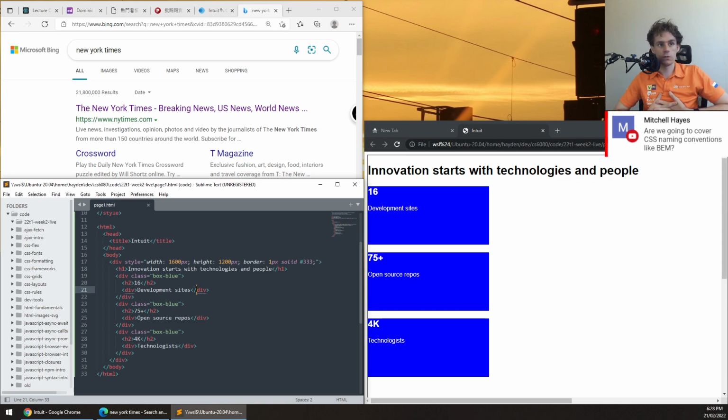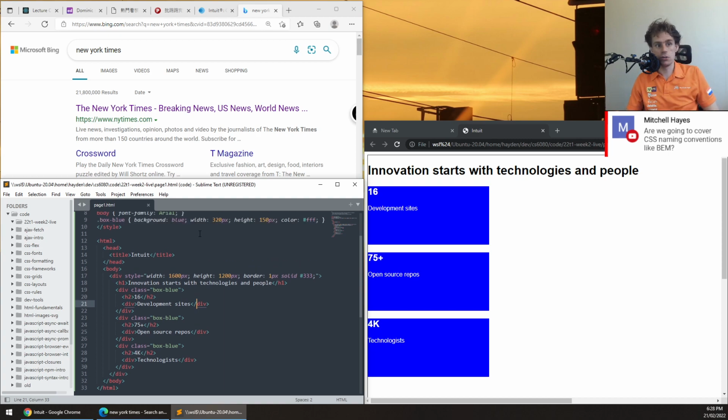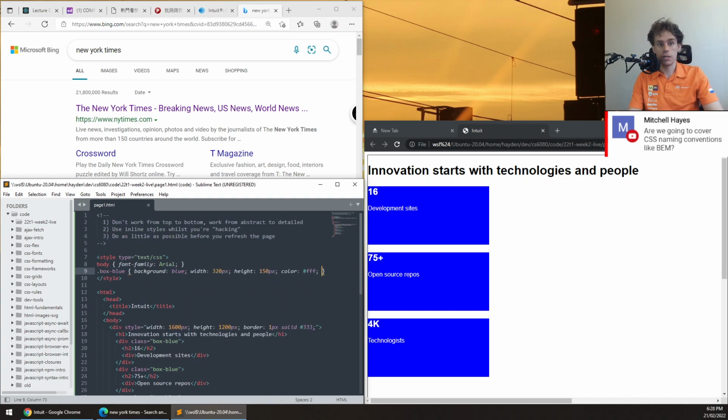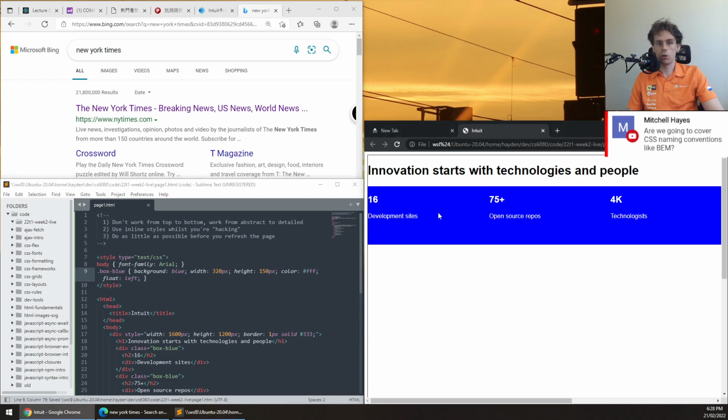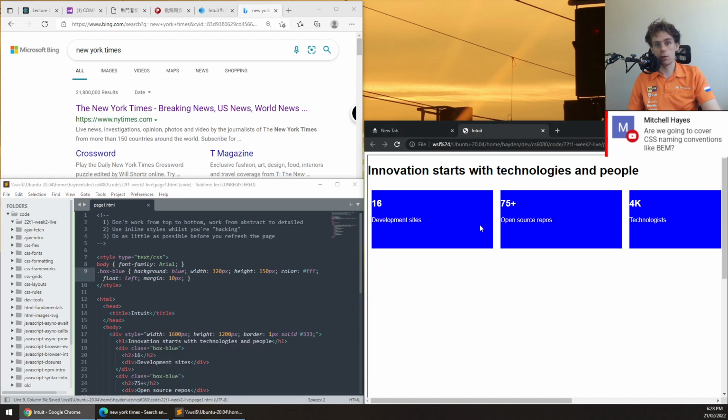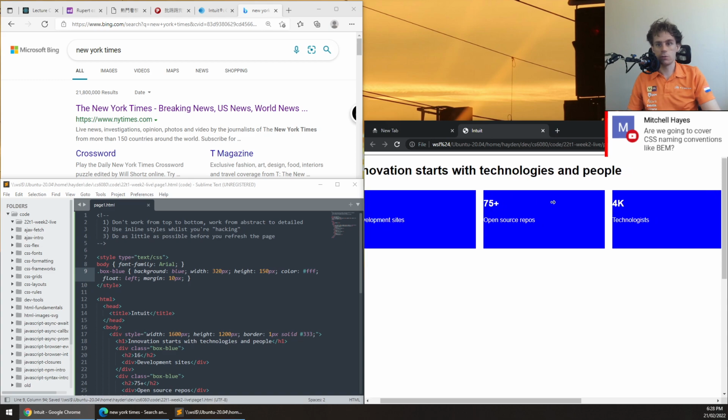More common ways of solving it then became to use position relative and absolute. That was a little bit chaotic, I think. Or more often than not, a really common way this used to get solved was using a float, actually putting a float property on this element. This was covered in the layouts lecture, and the float property would cause everything to float up like that. And then you would add margins to them. For instance, you'd say we'll give everything a margin of 10 pixels, and the browser would go and sort it out. The problem with floats was, actually